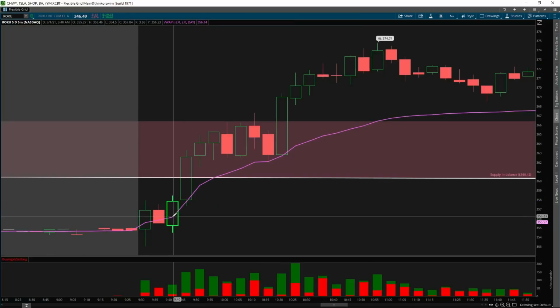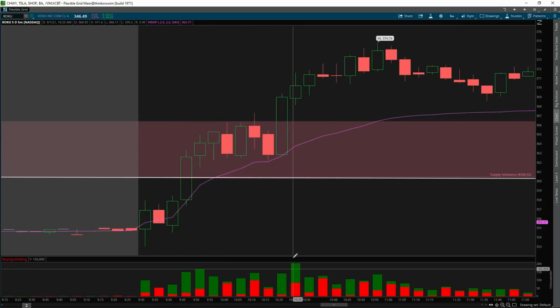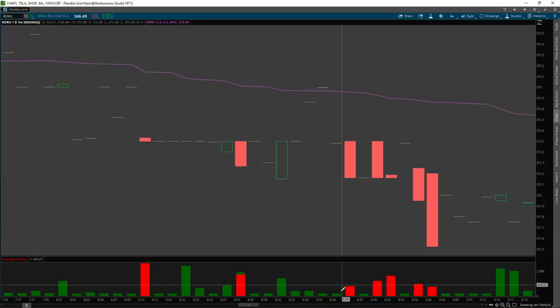What I liked here was we made a move up and we were flagging or consolidating while using VWAP as support. It was angled up and volume was very high. Those are your signs that, hey, now we have the context of buyers being interested. Now what we have to do as traders, once our plan triggers, is pinpoint an area where we can enter where the risk to reward makes sense. If we can't find the confirmation signal where the risk to reward makes sense, for me at least, I don't have a valid trade to put on. So if I go to a 1 minute chart,